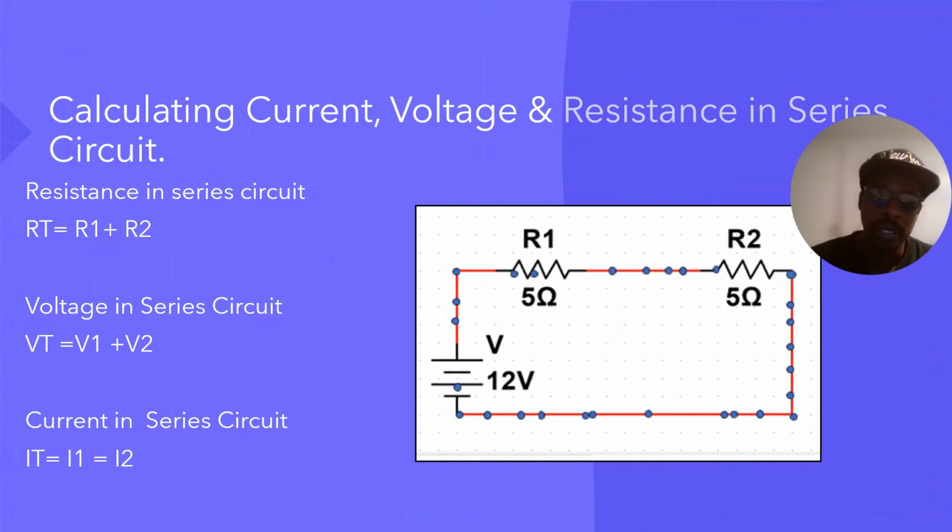So let us look at calculating current, voltage, and resistance in a series circuit. Resistance in a series circuit is determined by the sum of the resistance within that circuit. Within this circuit, we have R1 and R2. R1 of 5 and R2 of 5. So total resistance would be